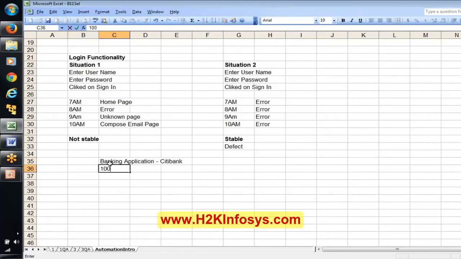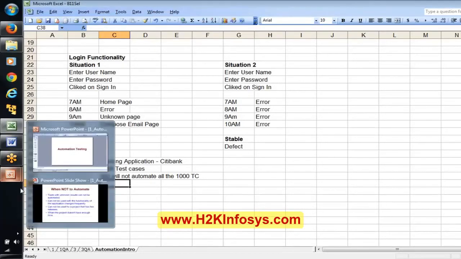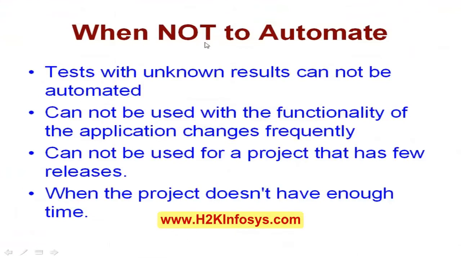Say we have 1000 test cases and we want to go for automation. We will not automate all the 1000 test cases. That is what this point is talking about.